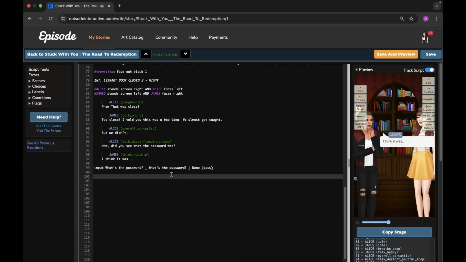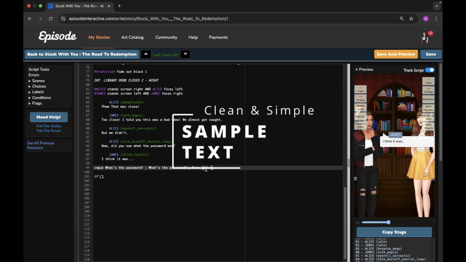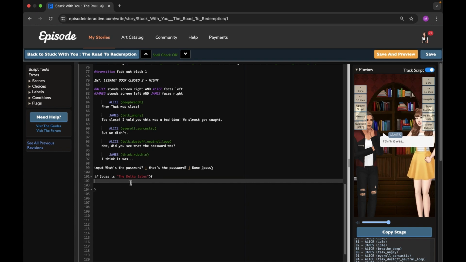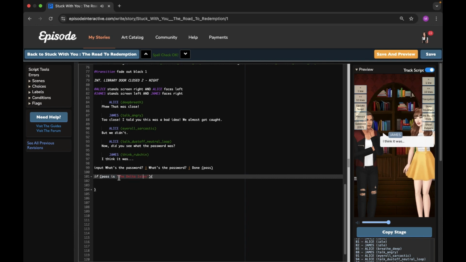At the bottom you're going to write the word if, add brackets, and then you're going to use whatever you named the information that the user is going to input. So in my case it's the word pass, so I'm going to write if pass is, and then put in some quotation marks, and now I'm going to write the correct password. So if it is the Delta Isles, then we're going to add a set of curly brackets, and what must happen if the user actually entered